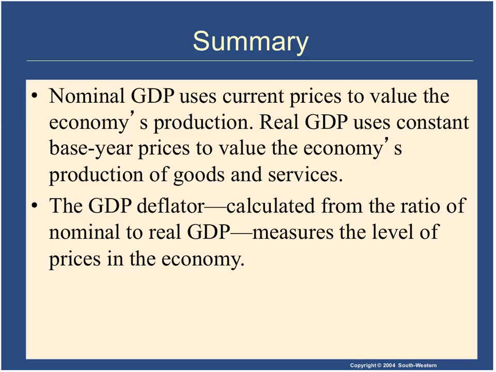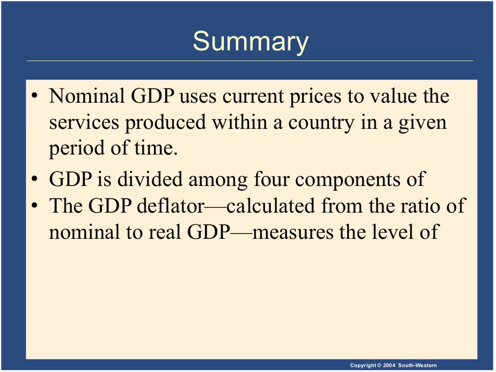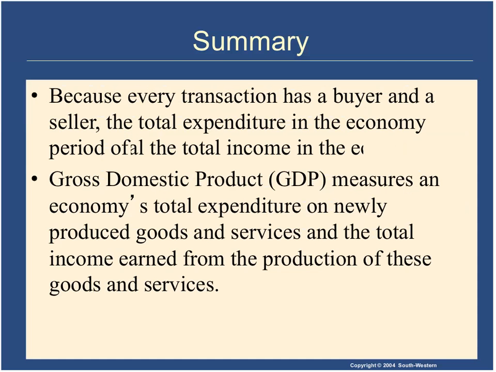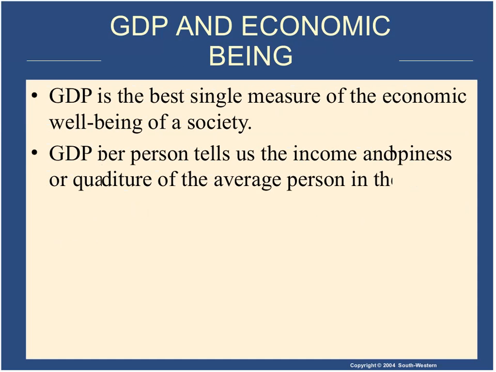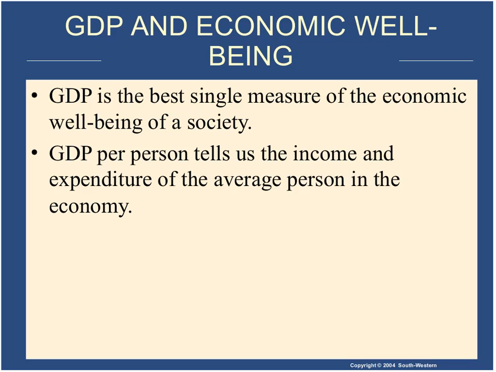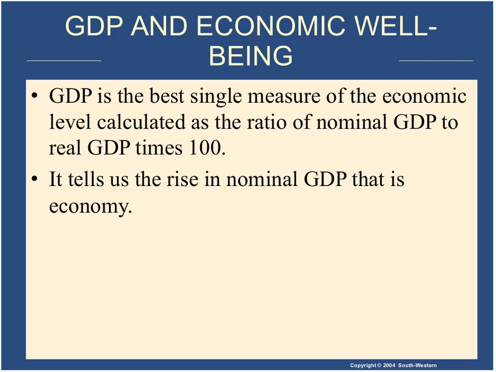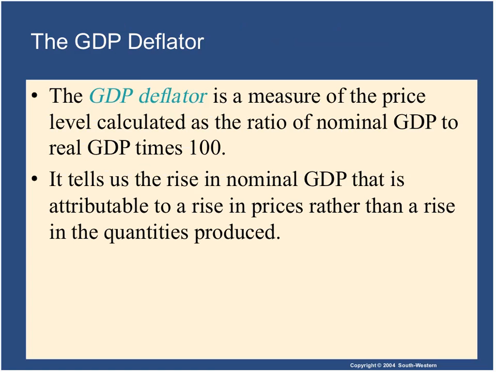If you remember, okay, no problem, I can show it to you. The GDP deflator is a measure of the price level calculated as the ratio of nominal GDP to real GDP. It tells us the rise in nominal GDP that is attributed to a rise in prices rather than a rise